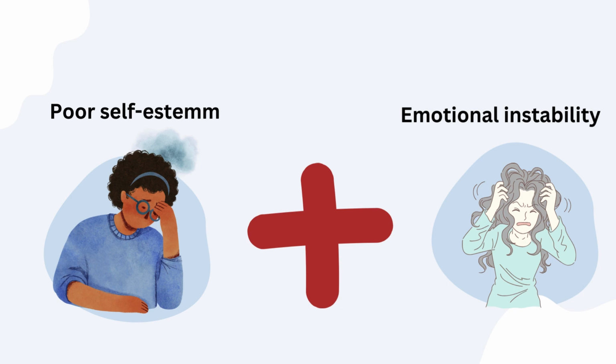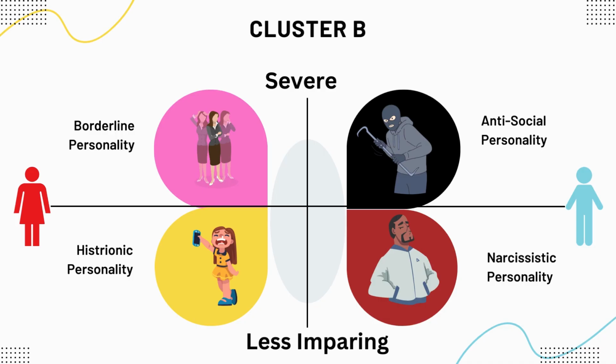However, there are also pretty significant differences among the four, which we will discuss as we go along with this lecture video. So this next slide or picture is to present to you how these four types differ in severity and gender. On the left side is primarily seen in women, while on the right side is primarily seen in men. This mostly has to do with culture-bound differences in how men and women are able to express themselves